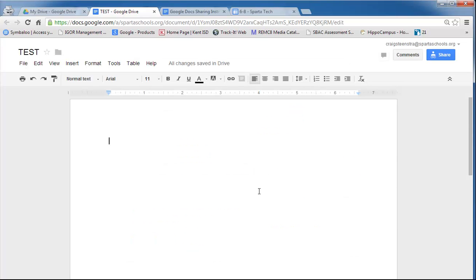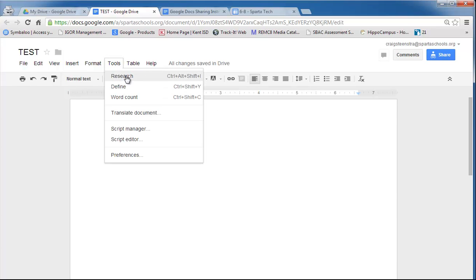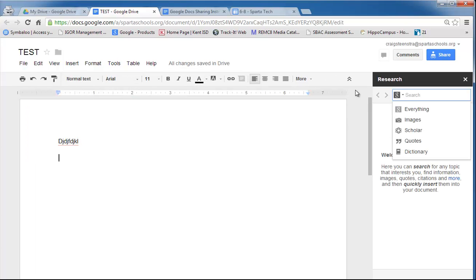Once the sharing permissions have been set, Google Docs functions like most other text editors. So when you type, you can adjust the font, size, bold, italics, so on and so forth. You can play around with these features. I'm not going to spend the time to look at all of them. But for publishing, you often want to add different media, which can involve images. So if you go to Tools and Research, it will pop open this research bar, and you can select Images